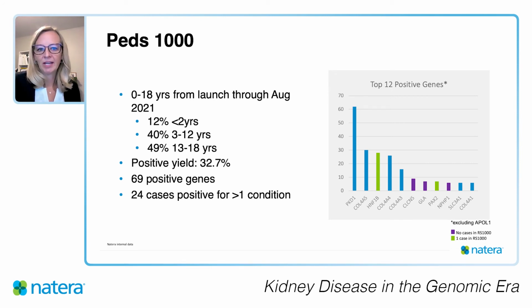We also looked at the first 1,000 cases that came in that were under 18. And this was the breakdown of the age range that we saw them in. So most of them were in the 13 to 18 year range. The yield was higher in this patient population at about 1 in 3. This is including APOL1. And the number of positive genes was actually much larger too than the adult population, 69